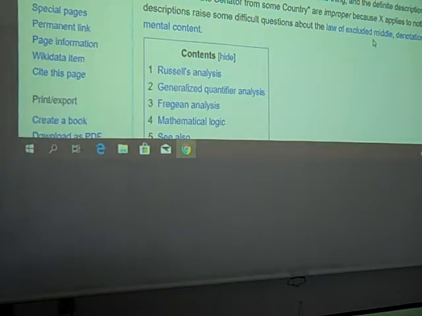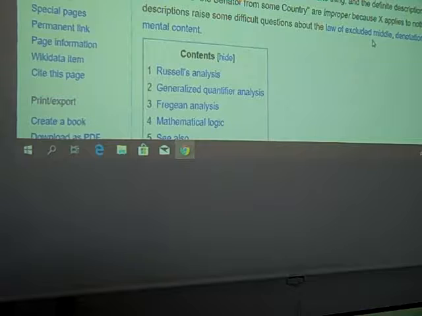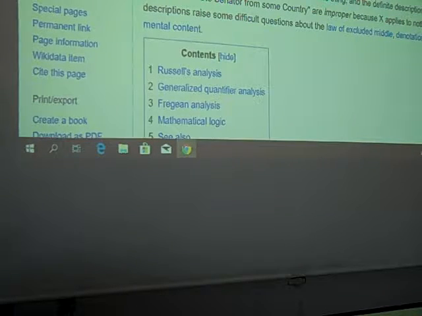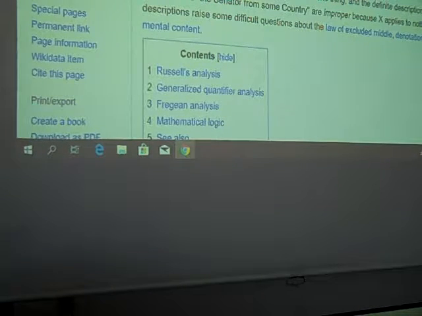And yet what he does show in his philosophical investigations